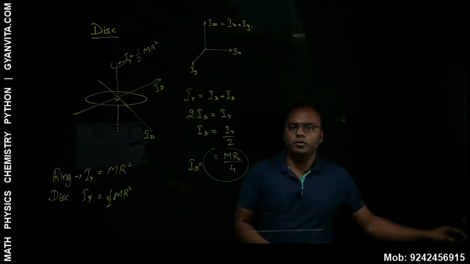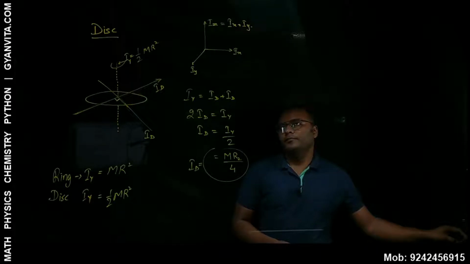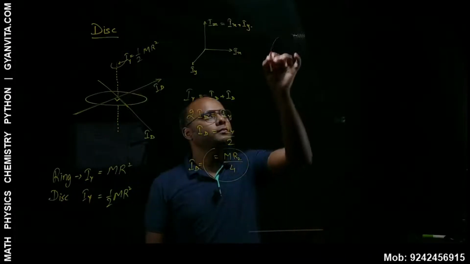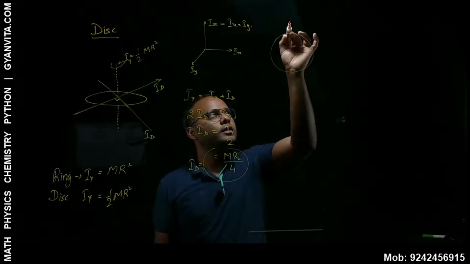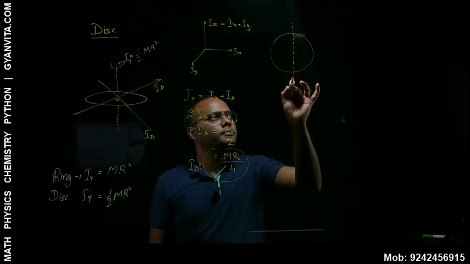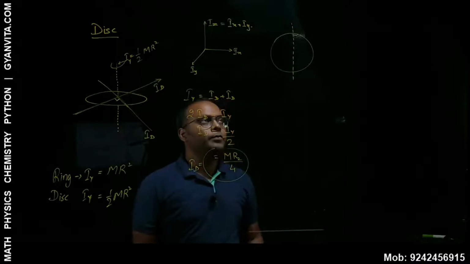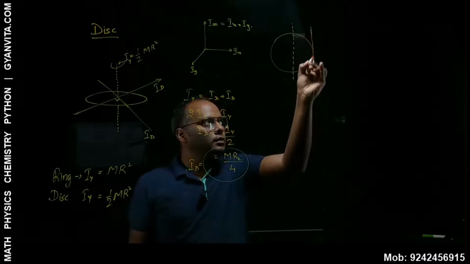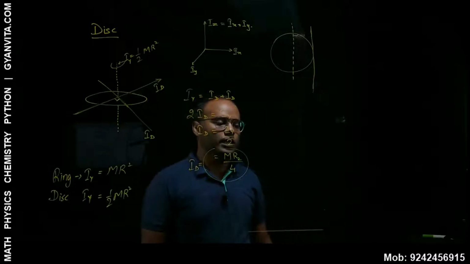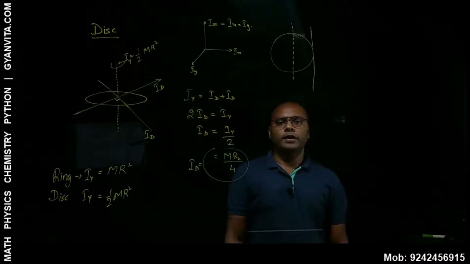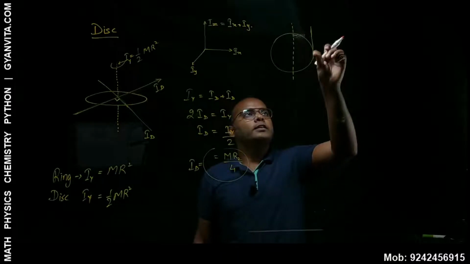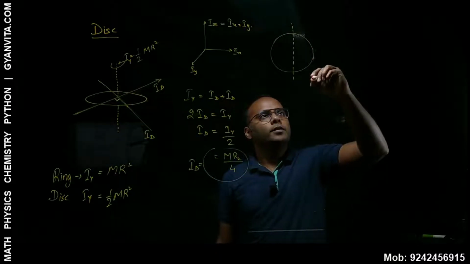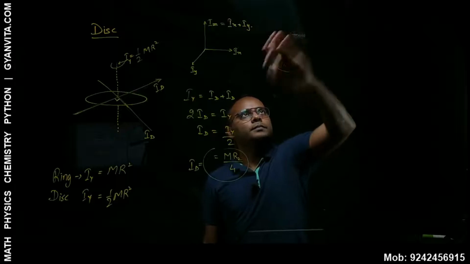Now what do we have to find? Now suppose we take another case, that is we know the moment of inertia along the diameter. So suppose this is the diameter, we know this moment of inertia. What if I want to find out the moment of inertia along a tangent? And obviously, if there is a tangent along which I want to find the moment of inertia,